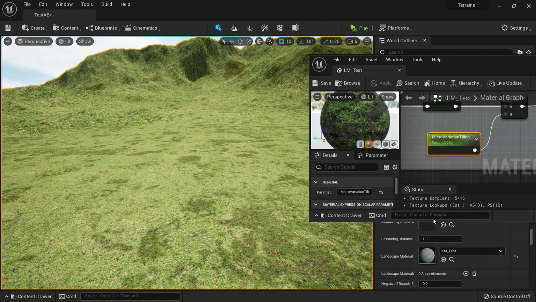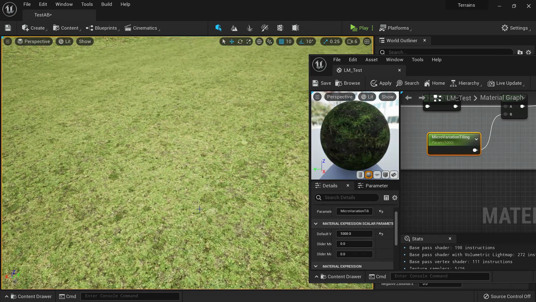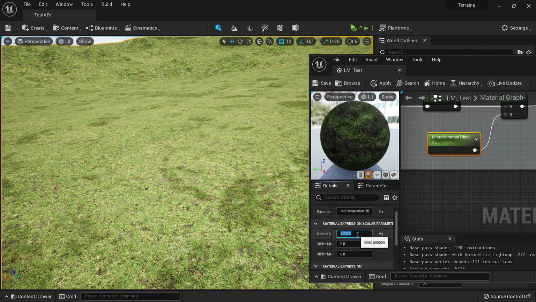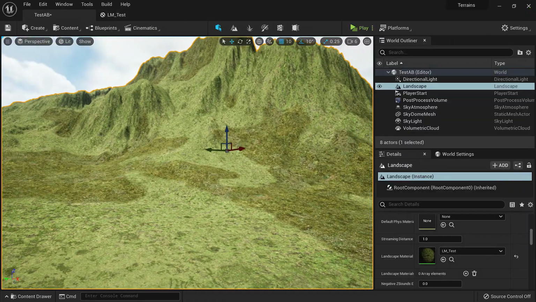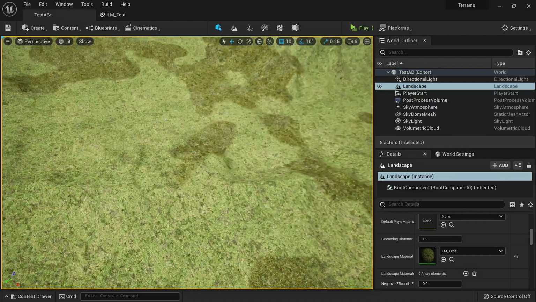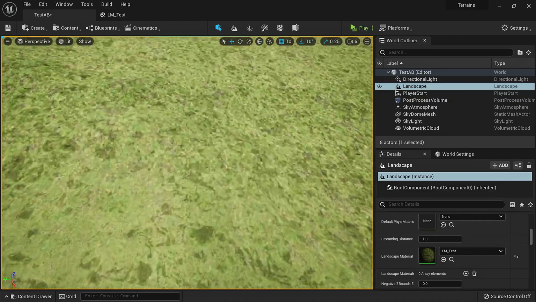Now we did our own UVs because we want to change the tiling for our micro variation. Here if we change it to 100, we get even smaller micro variation. So you can control the size of the micro variation from right here. Now you can see that we get micro variation close to us. We are also getting some of them in the far distances, which is looking really ugly.